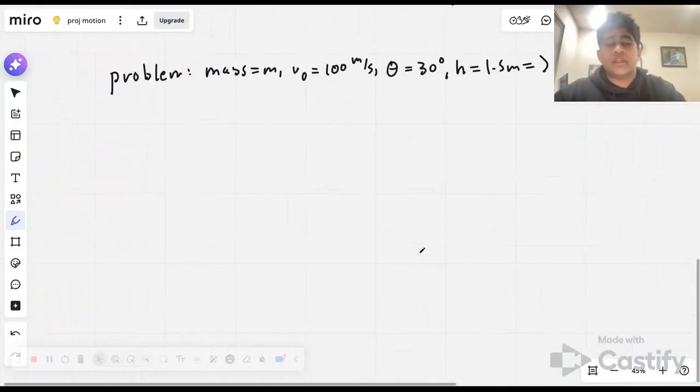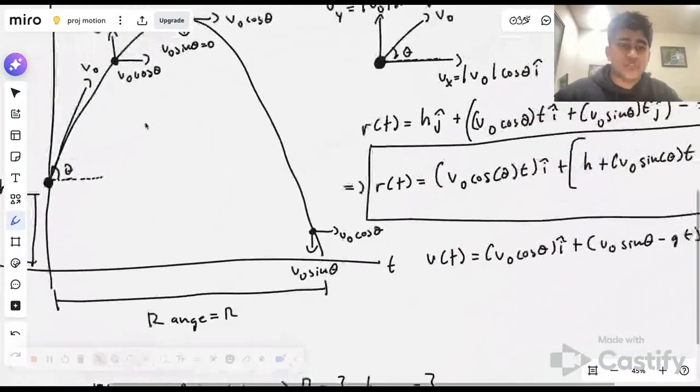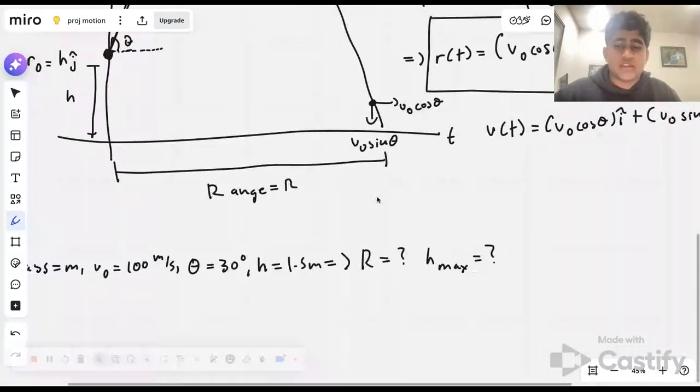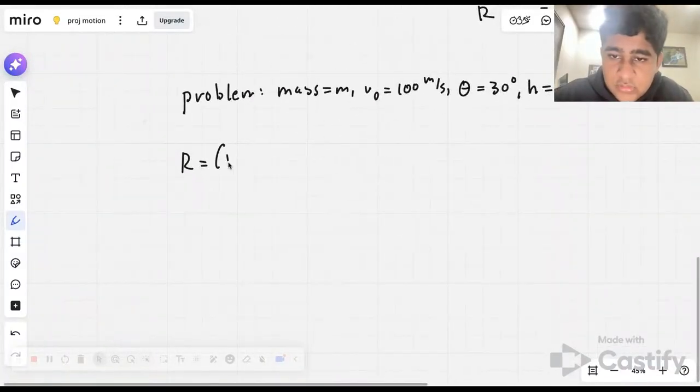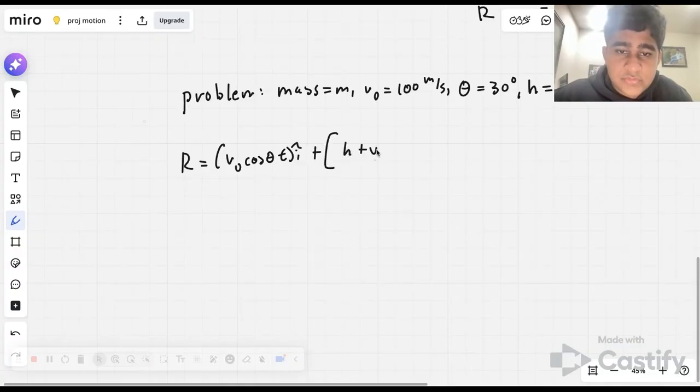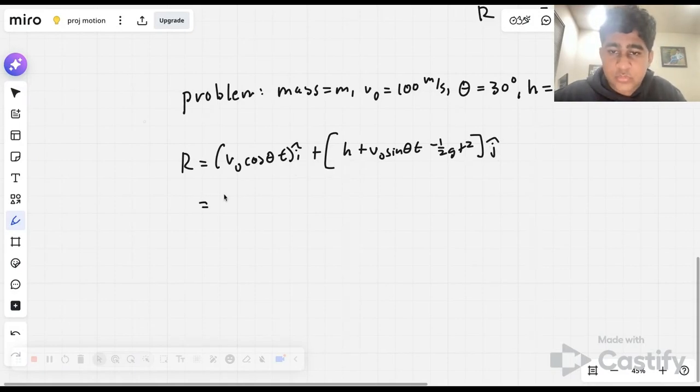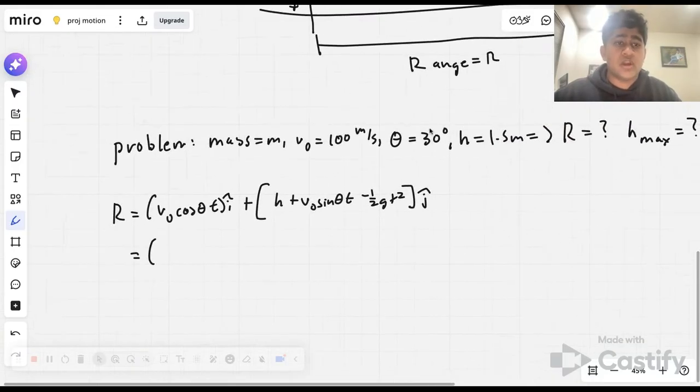So let's start by writing our position function as r equals, let's actually plug in some stuff here. v naught cosine theta t, right? So we'll have our v naught cosine theta t i plus h plus v naught sine theta t minus half g t squared j. And this is going to simply be equal to 100 times cosine 30, right? 100 times cosine 30 is simply 100 times root 3 over 2 t i